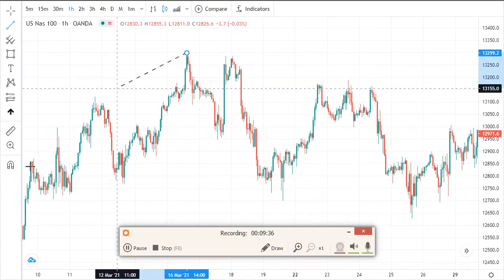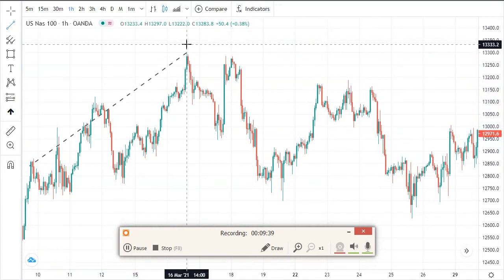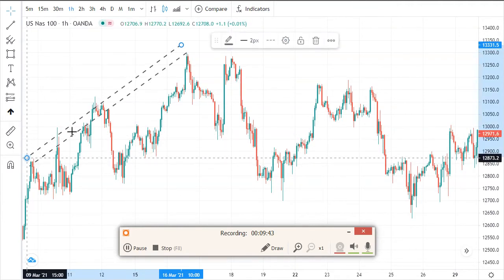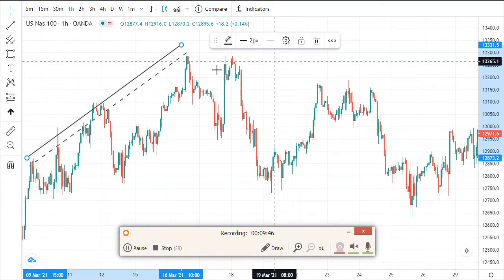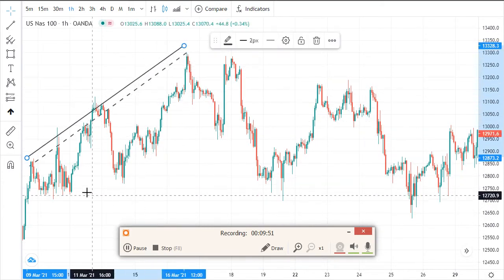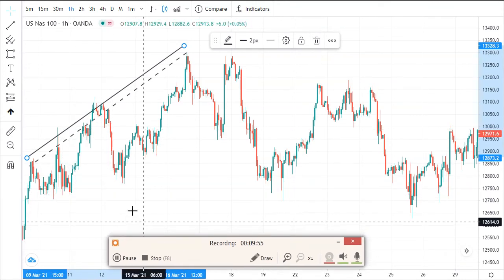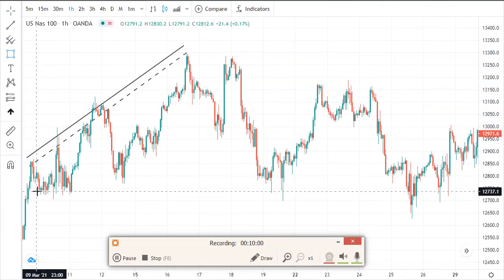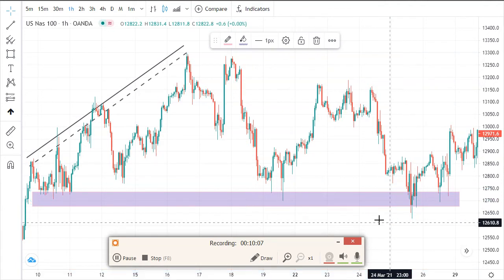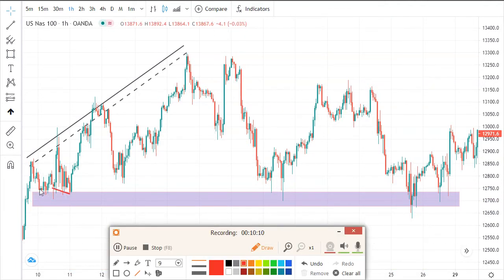Look, because they are very easy, you just need to practice them. So I'll just post this on YouTube so that everyone can see. If maybe you want to trade Nasdaq, maybe you will see that. But remember, Nasdaq really respects the higher highs and the lower lows. So let me just throw a support here, because I can see that. You can see here the market respected this area,